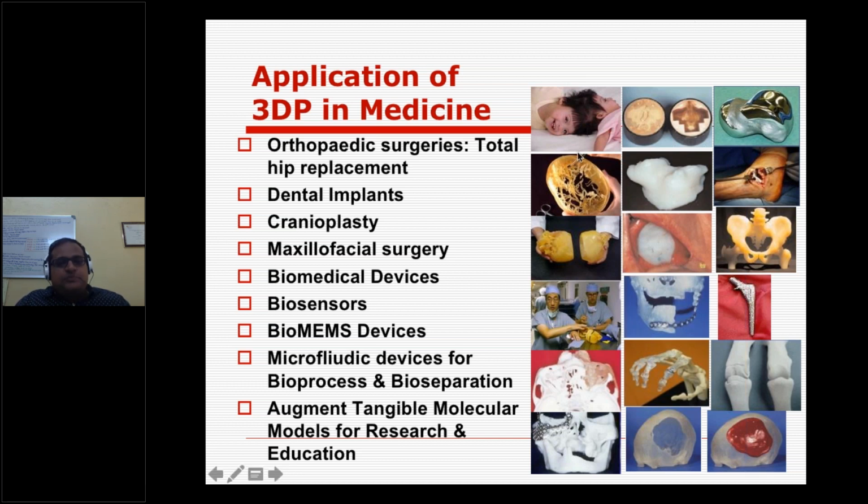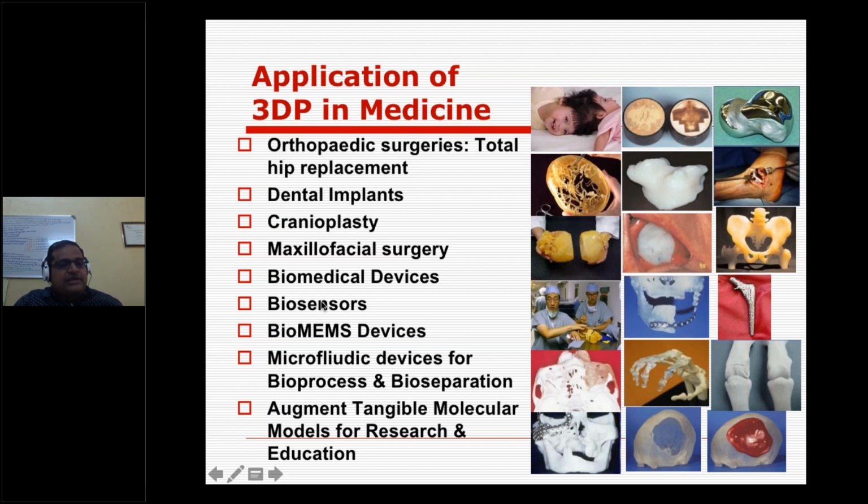But somewhere else people are using this technology for giving a better life to the people in the society, or saving lives. So of course, cranioplasty is another area, and maxillofacial is another area I just discussed. And biomedical devices can be made, and you can even make biosensors also.